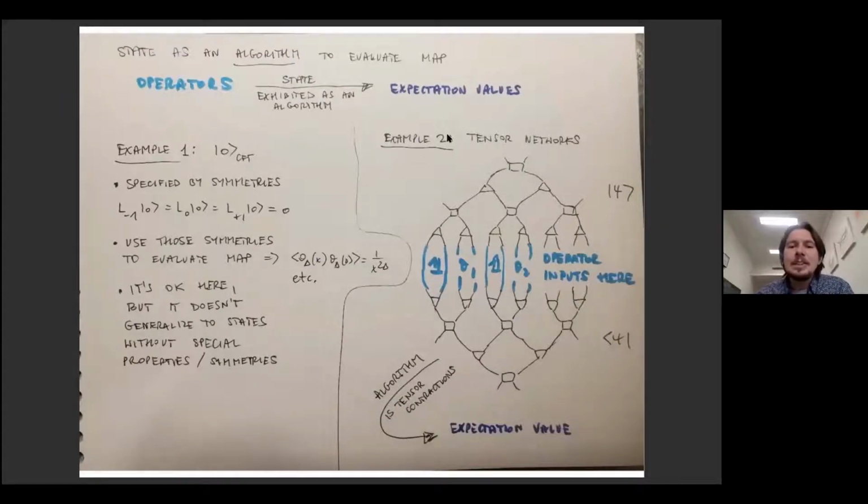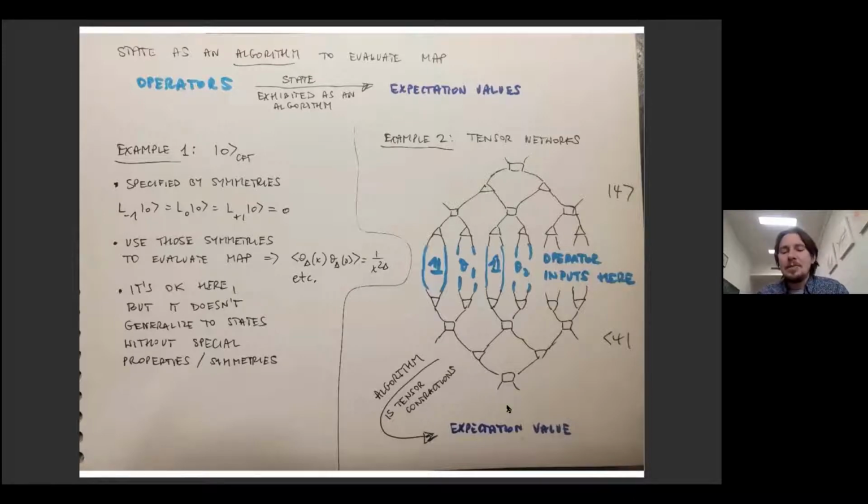And so here's an example of such an algorithm, which is a tensor network. A tensor network exactly is, like I said, a map from operators to real numbers. For example, I just computed for you a copy of the MERA network for the ket state and for the bra state here in the bottom.